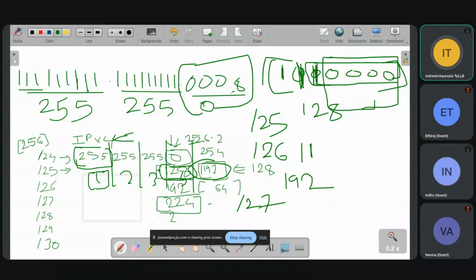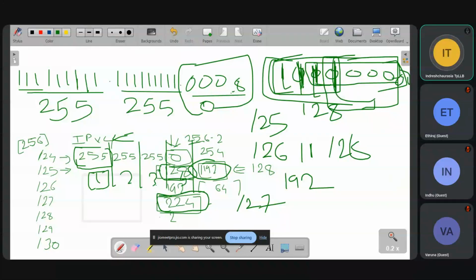When you convert slash 27, it comes as 224. When you say slash 28, what does this mean? 1, 2, 3, 4 are fixed, and the other 4 are getting changed.